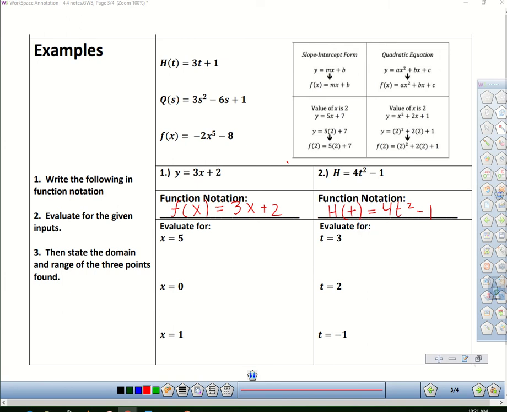How come on one you said f of x, and that's pretty much completely different from the actual equation, but on